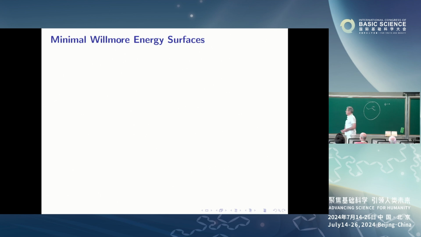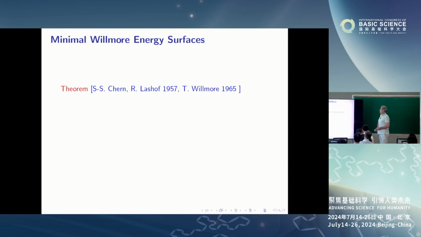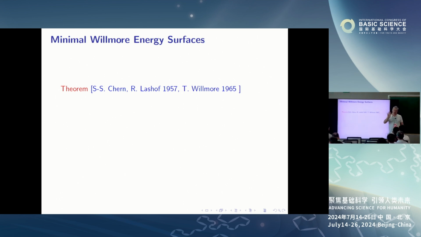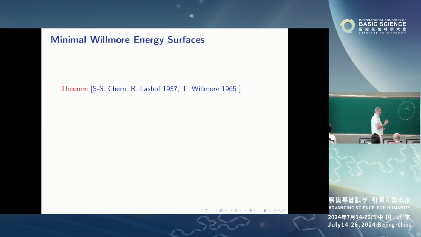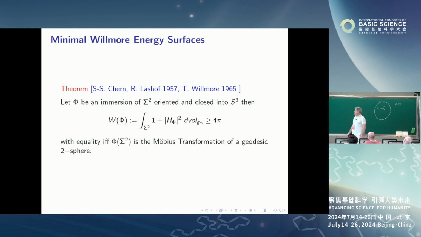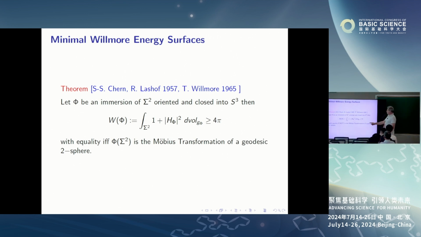So now let me show our first optimal surface. We take first the Willmore energy. This was a result which takes its origins in the first result by Chern and Lashof. It was for a different Lagrangian, for the total curvature, but I think it was a source of inspiration for Willmore himself, who proved the following inequality. The Willmore energy that I gave you is always larger or equal to 4 pi, and equality happens if and only if the surface is a geodesic two-sphere, so really the S2, the intersection of a hyperplane passing through the origin with the three-sphere,